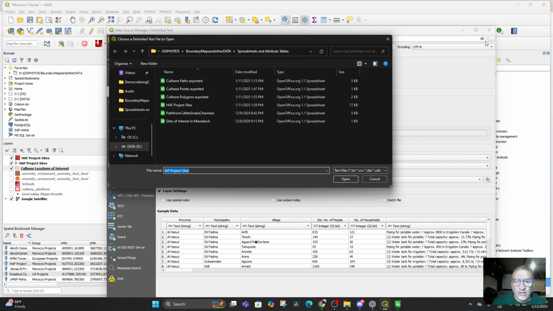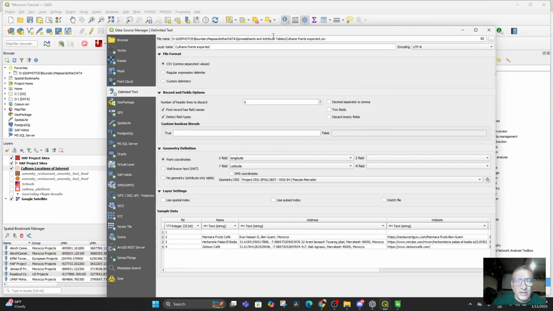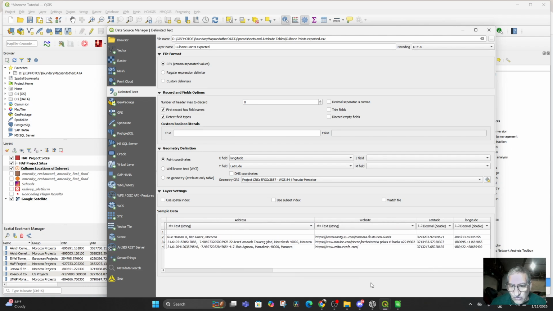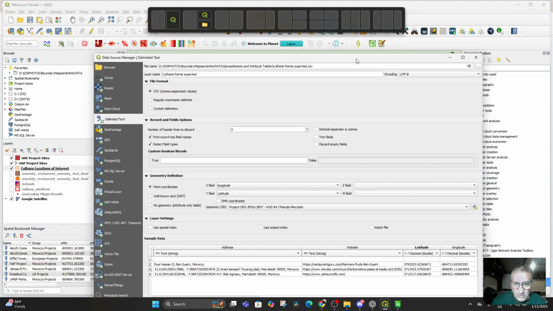I use this one that I just exported, so Culhane points exported. Point coordinates, longitude, latitude, that's what it shows. Latitude and longitude, I should have put a capital. But these are like weird decimal double. I don't know what those are. I don't know if it's really a text string or what, but I did decimal double. Maybe that was the problem. And if I do that,